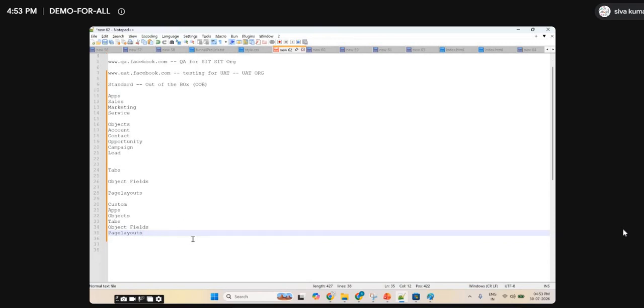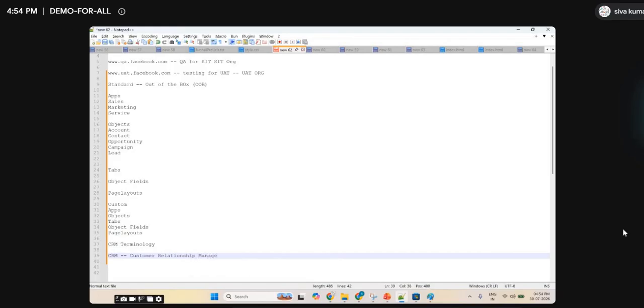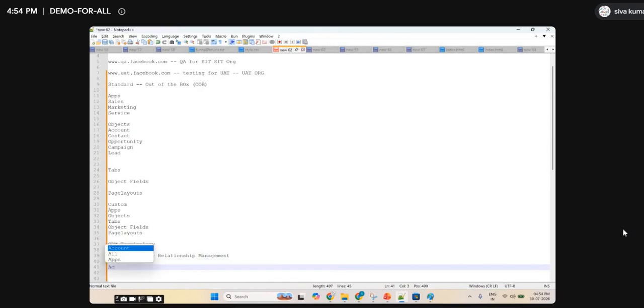Clear? Yeah. So now you need to understand some terminology. When you're using Salesforce, you need to have this terminology. First, CRM terminology. CRM you already know, right? CRM means customer relationship manager. And here I explained account. First, campaign.